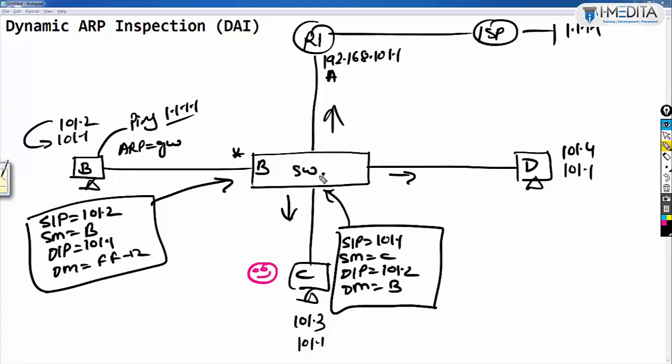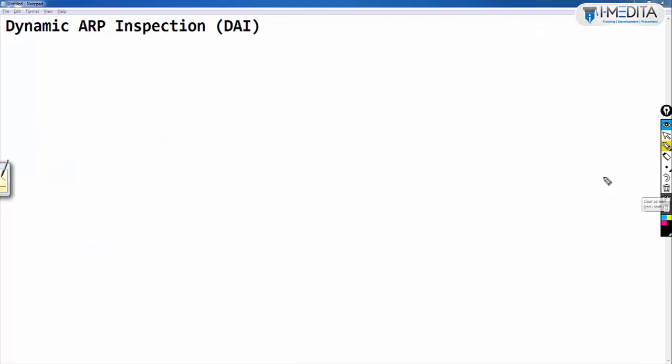The switch will perform address learning for C, and based on destination MAC address B, the switch will send the reply to the PC. The PC will learn that the gateway now has MAC address C. Such a situation is called ARP poisoning and a man in the middle attack. To solve this problem, we use dynamic ARP inspection. So how does dynamic ARP inspection work? Okay, this was our man in the middle attack and ARP poisoning. Now we will discuss dynamic ARP inspection, DAI. This was the problem, now its solution is DAI. How will it work? Let's see.